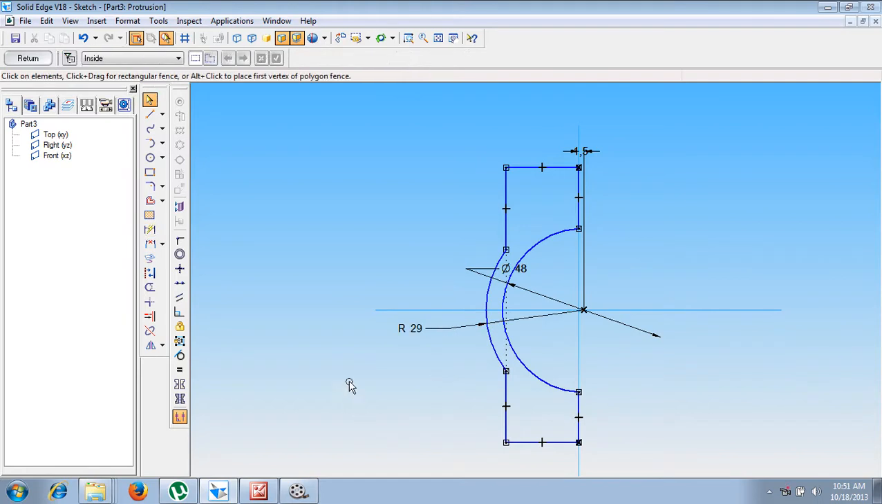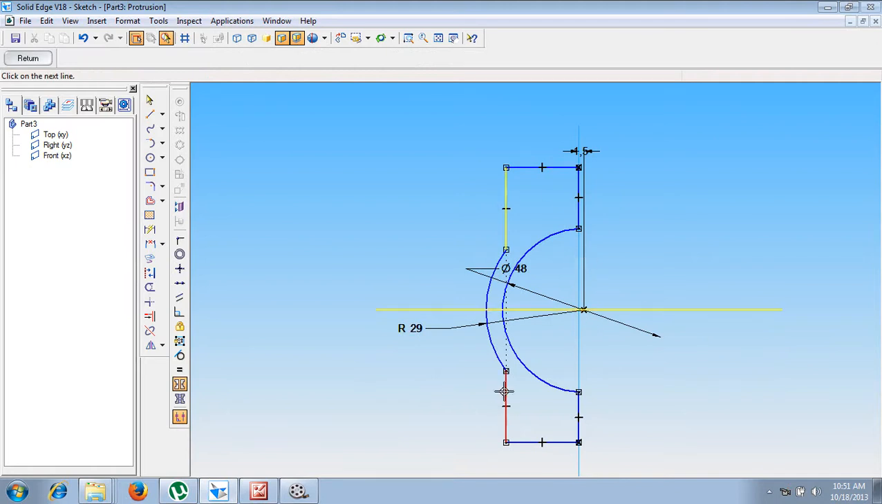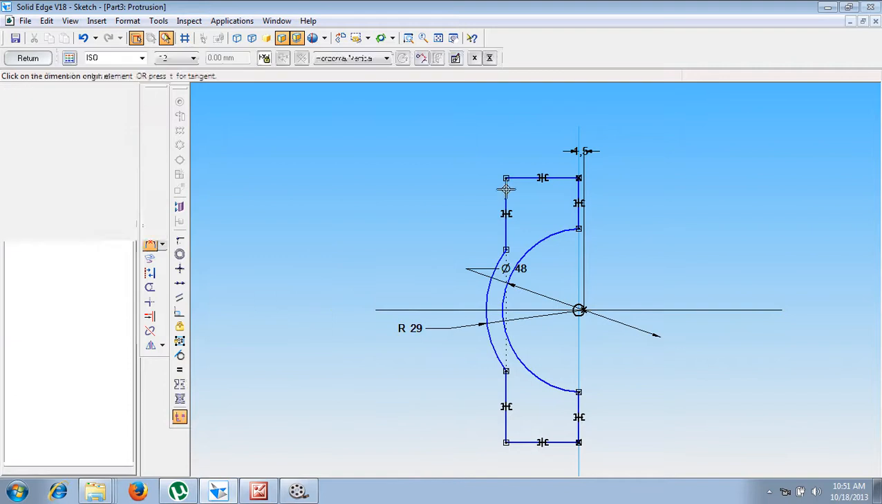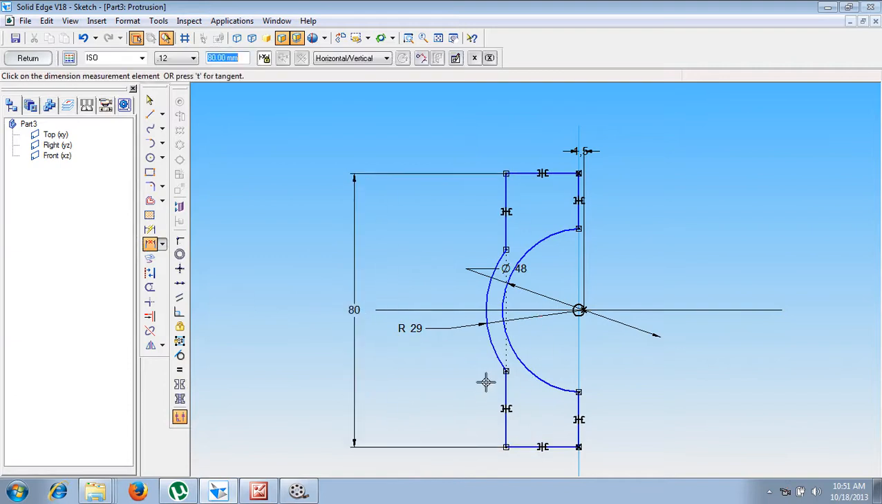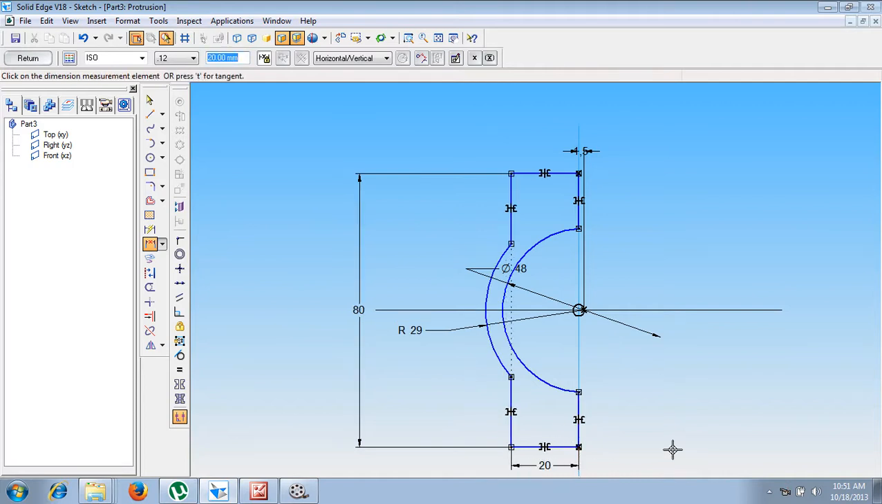Now we have a command called symmetric relationship. Select this plane as the symmetric axis. This line must be symmetrical to this line, and this line must be symmetrical to this line. After defining that, we know that the distance between this line and this line is supposed to be 80 millimeter. Now the distance between these two lines must be equal to 20 millimeter. After giving all these values,